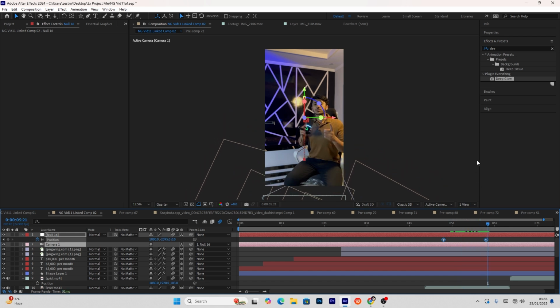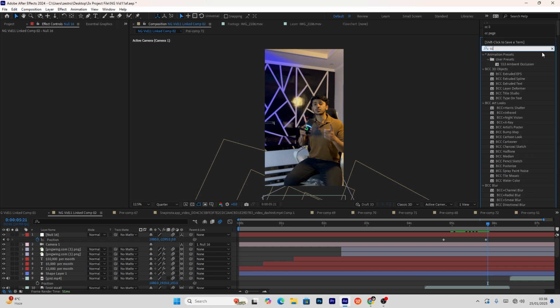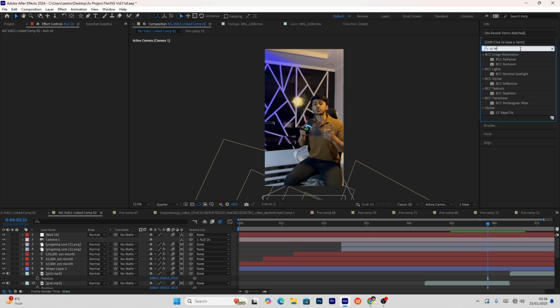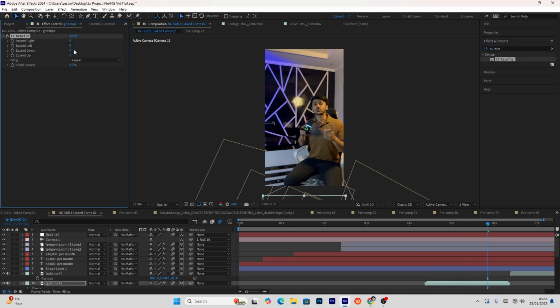You can clearly see that our background is now gone. So to increase the length of our background, we'll be using an effect called CC Repetile, and we'll be adding it to all the backgrounds. Right now we'll be simply increasing this,